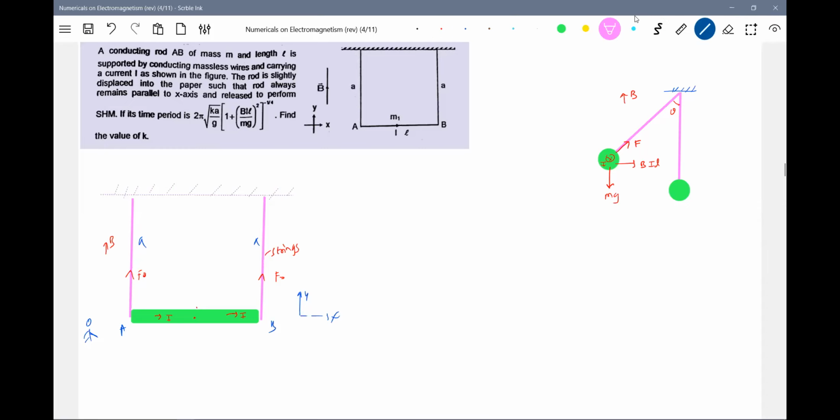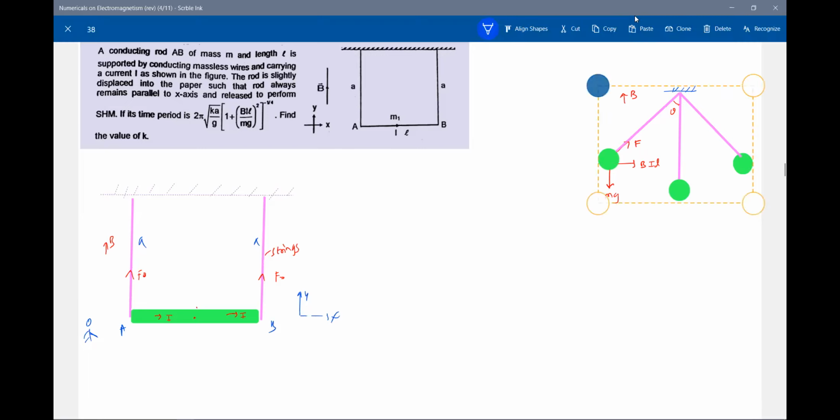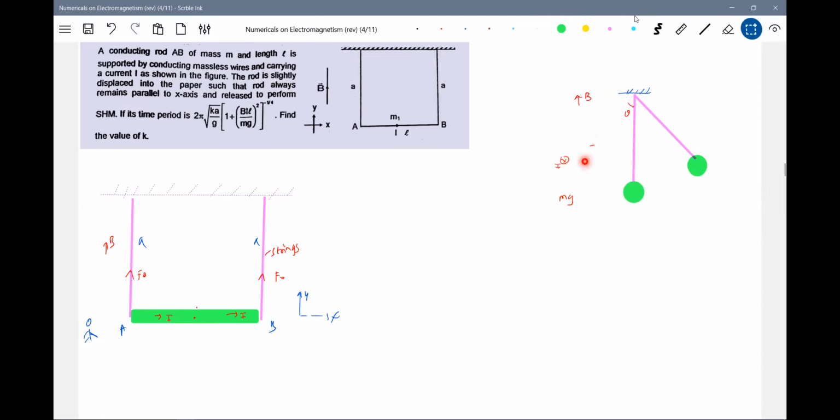Altogether, this you may find a little bit difficult. I'll bring that to the equilibrium position. Now look at this. You may find this difficult to accept. Okay, I'm bringing the other one. Now how the BIL, mg, and the tension in the string F. Say this is theta. B bar and the current here is into the plane. I think the problem is over. If you can assume this much, the problem is over.